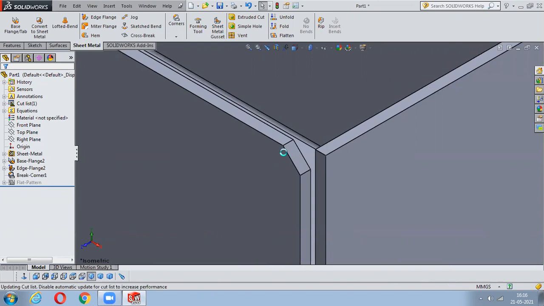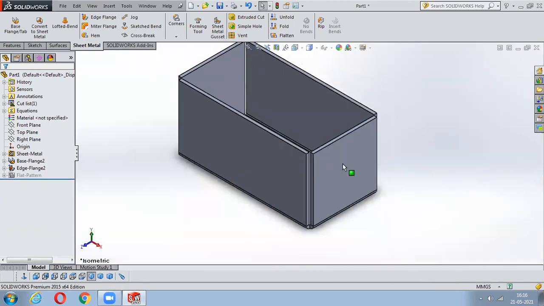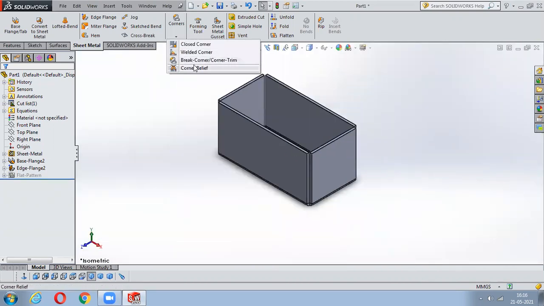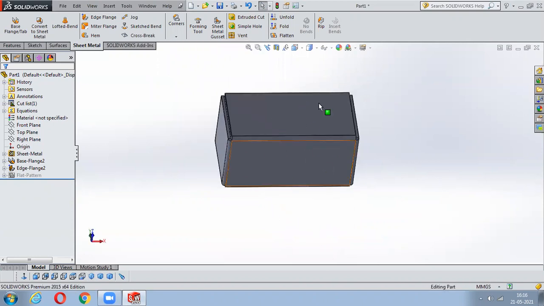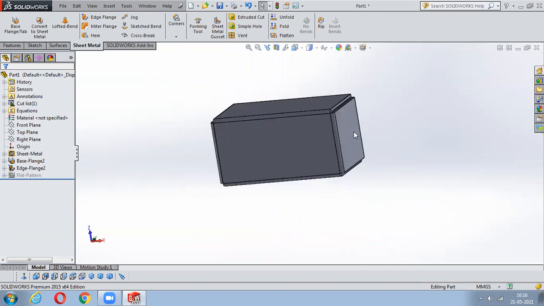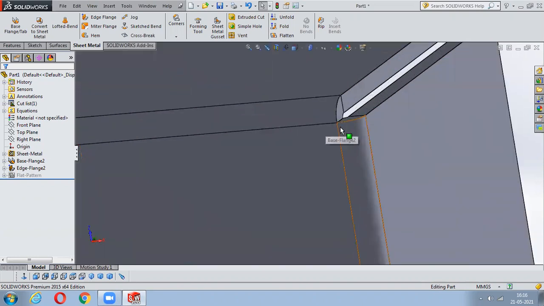Great. So next we'll move on to corner relief. This is very much important. Corner reliefs are nothing but, see, if you are bending something like this, sometimes you'll use the sheet metal as an opening and a closing kind of thing. So that's why we have to give some relief here. If this thing is continuously closed and opened, there might be some ruptures here, right?